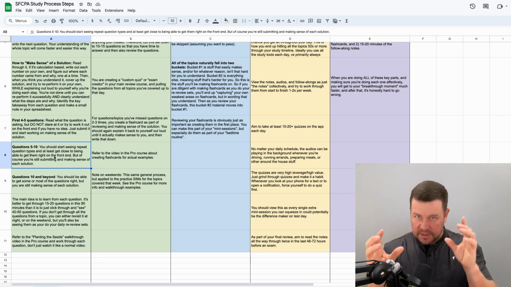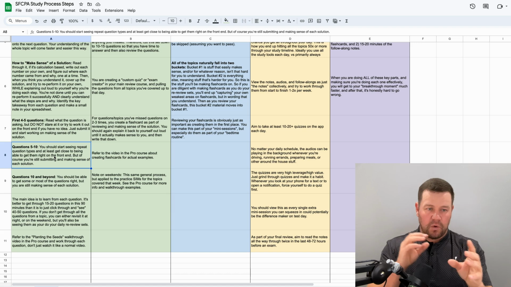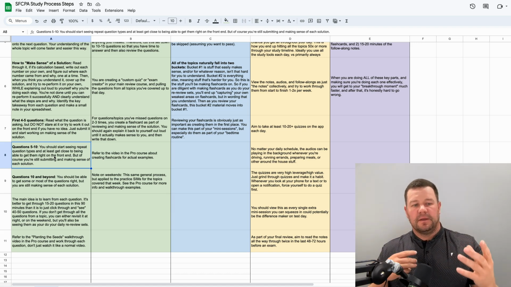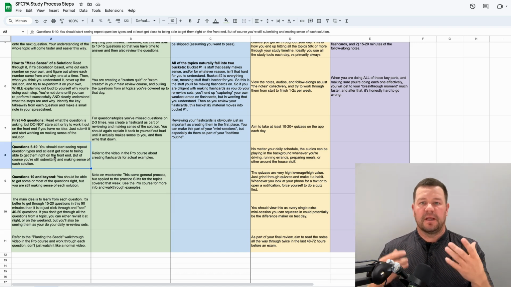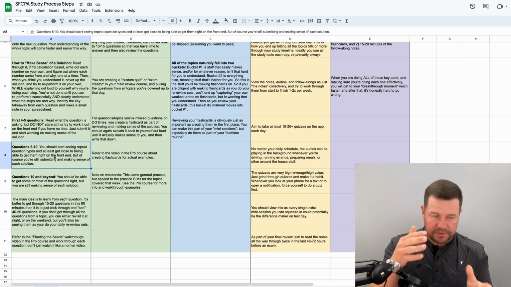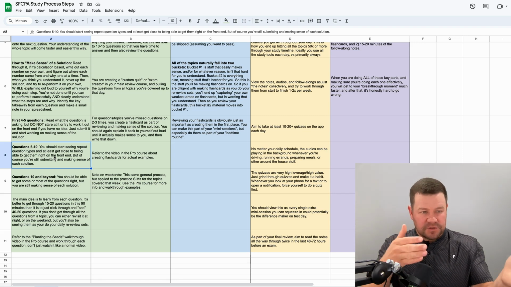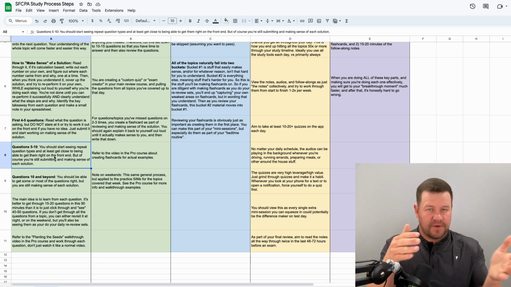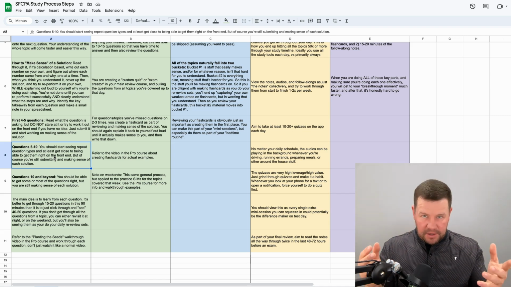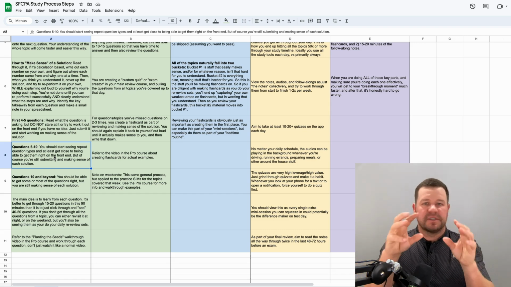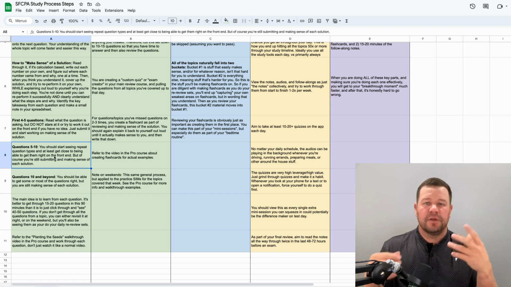So that should start to happen, where you're seeing the same question types and you're getting some of them right, or you're getting close, like you're headed down the right path to answering those questions on questions like 5 through 10. Now, this is all hypothetical, of course, and it might be slightly different based on the lesson, but you get the idea.